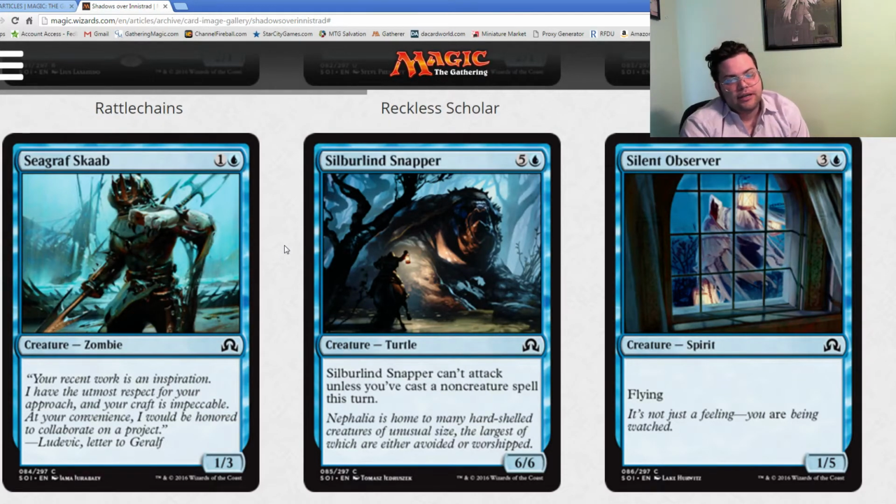Silverclaw Snapper is 5 and a blue for a 6/6 Turtle. So it already blocks pretty well. It can't attack unless you've cast a non-creature spell this turn. How many non-creature spells are you casting? How many are you playing? That's really the problem with this card, and the answer is probably not that many. Or if you're in a deck that's casting a lot of non-creature spells, you don't want your payoff cards to